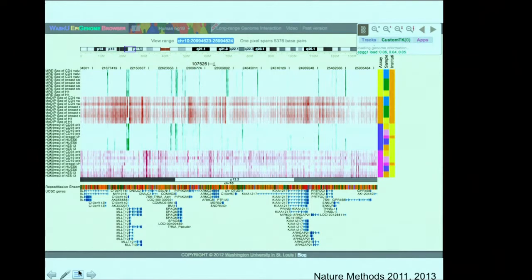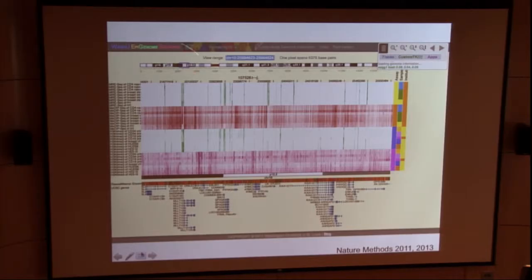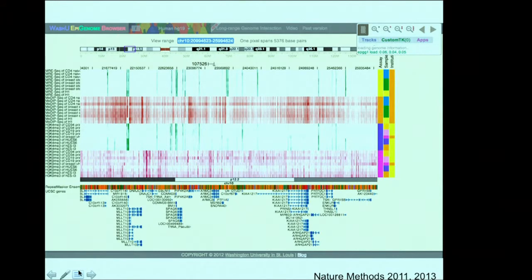So our attempt was this human epigenome browser at Washington University. Because the field has been growing so fast over the past couple of years, we were able to publish this work 2 years ago, and then again, another paper describing the update of this browser will come out in a month or two.